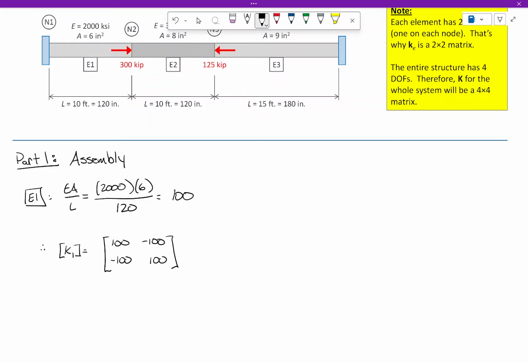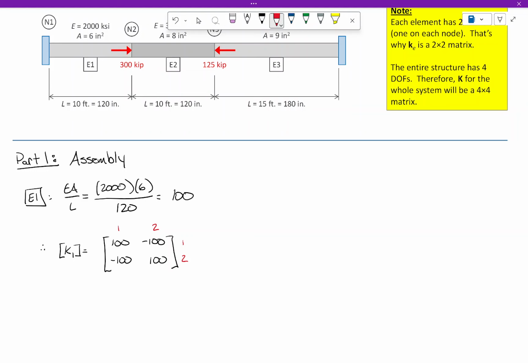Okay. Everybody with me so far? So let me ask you a question. Now let's look back to the structure as a whole. This is element number 1. Which joints, which nodes, is element 1 connected to? 1 and 2. Does everybody see that? So for this calculation I'm going to say 1, 2. I'm going to indicate those codes